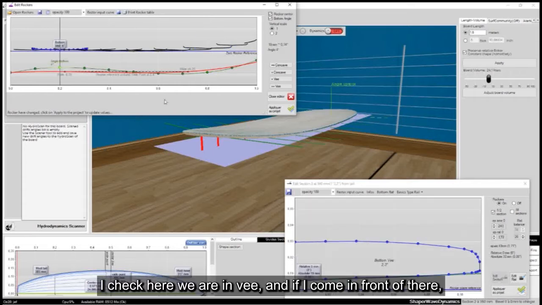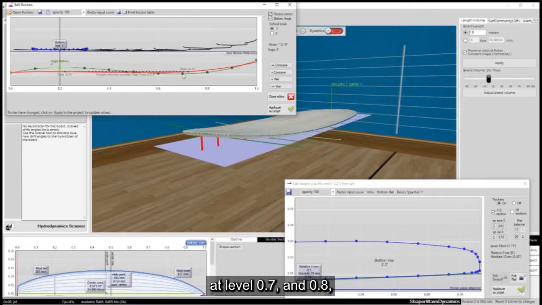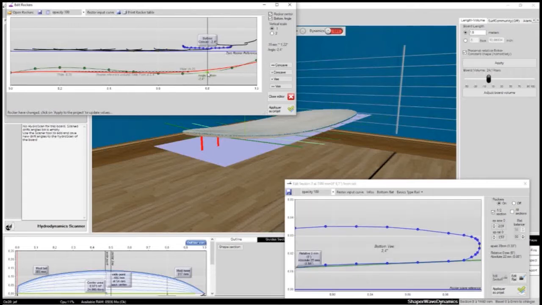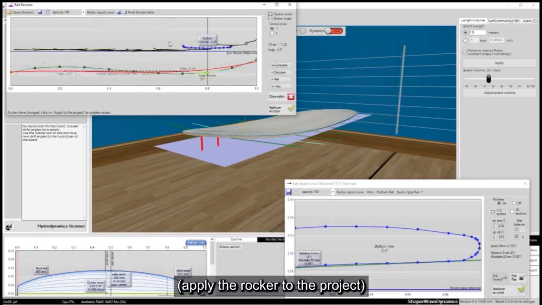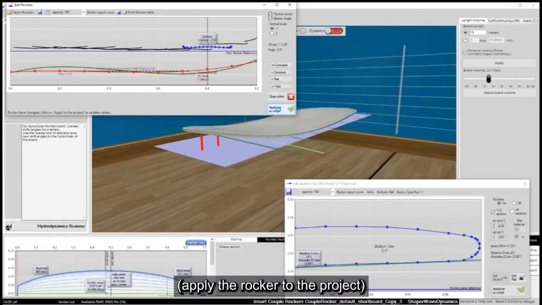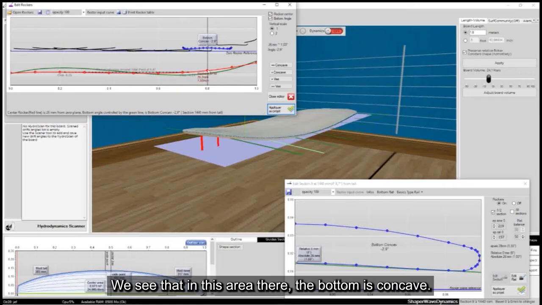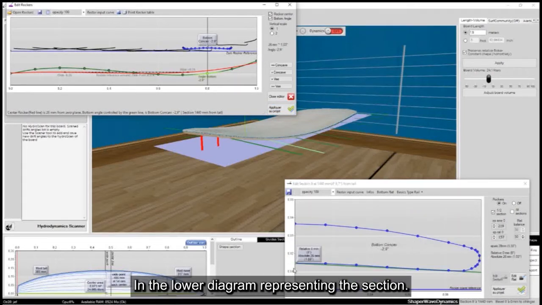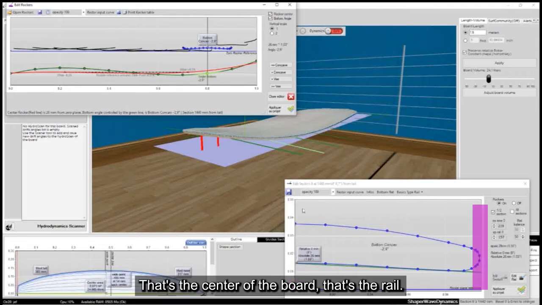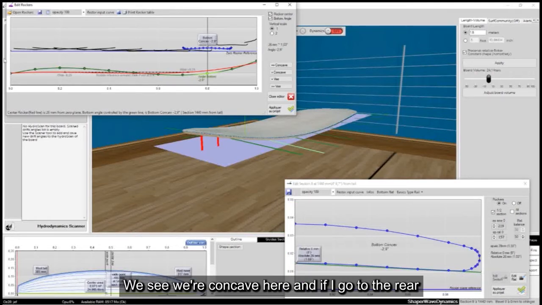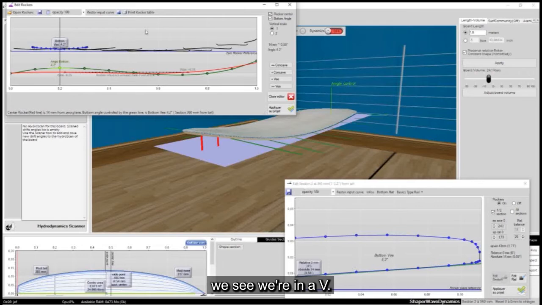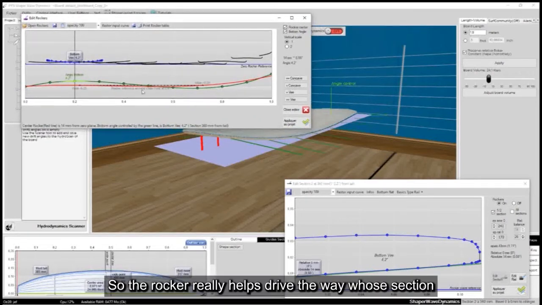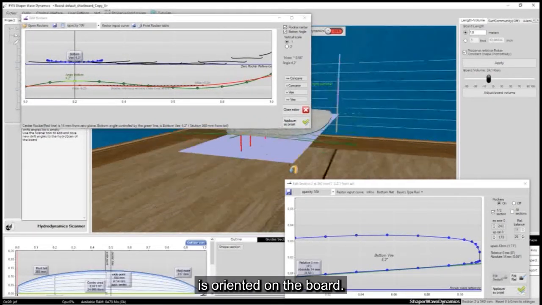I check here we are in V, and if I come in front of there, at level 0.7 and 0.8, apply the rocker to the project. We see that in this area the bottom is concave. In the lower diagram representing the section, that's the center of the board, that's the rail. We see we're concave here, and if I go to the rear, we see we're in V. So the rocker really helps drive the way the section is oriented on the board.